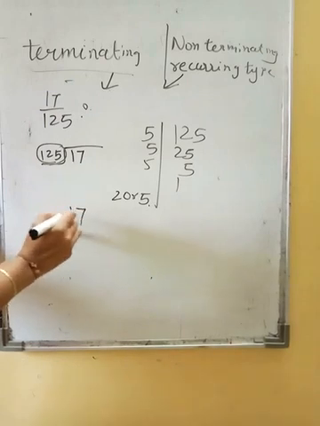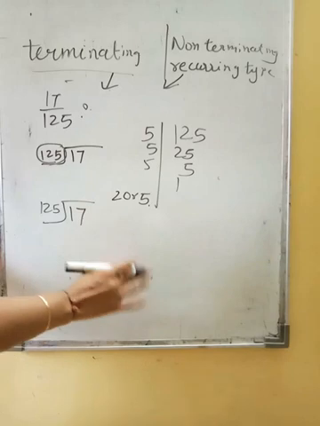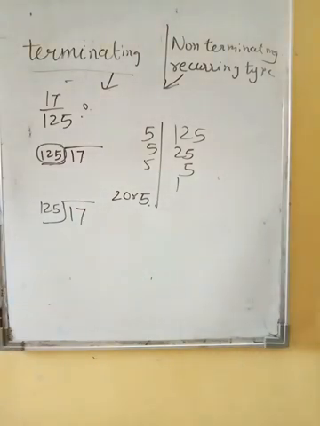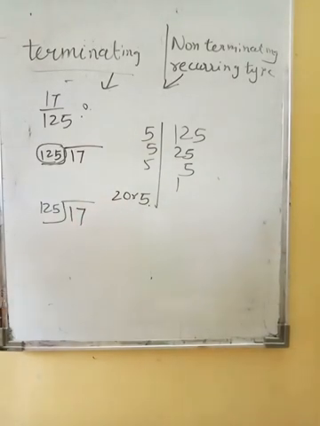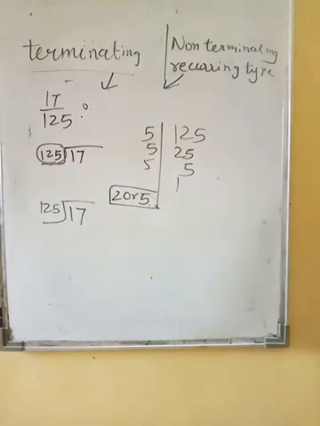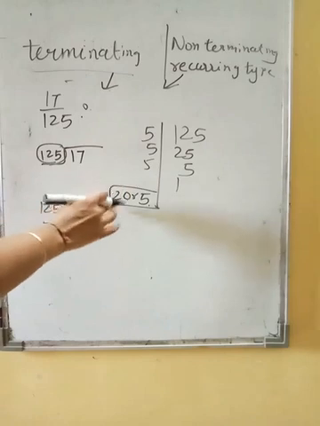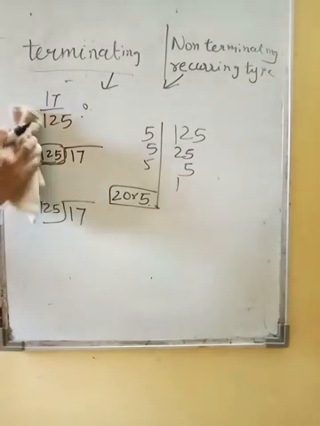You can check at home, divide 17 by 125, and your answer will end. The division will come to an end. So what to do? Whatever the denominator is, I have to factorize it, and it should contain factors only 2 or 5, nothing else. See here, I don't even have 2, I have just 5. So definitely it will be terminating type. So if the factors are 2 and 5, then it will be terminating type. Otherwise it won't be.